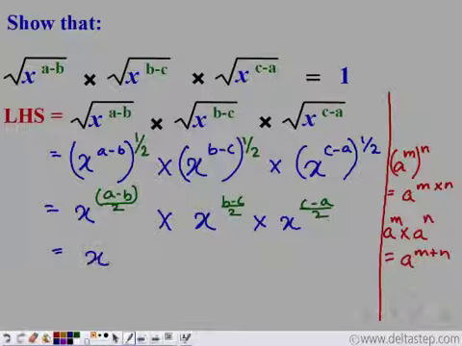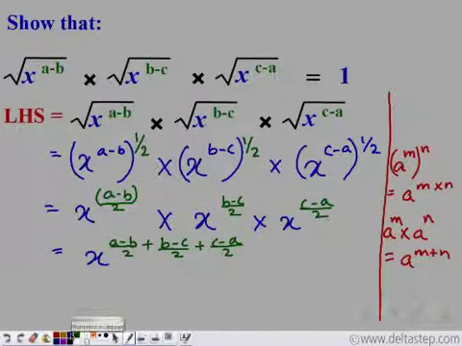So we have x to the power (a minus b) by 2 plus (b minus c) by 2 plus (c minus a) by 2. So this is what we have. Now let us simplify this exponent, that is this expression which we have as the power. So we have x to the power